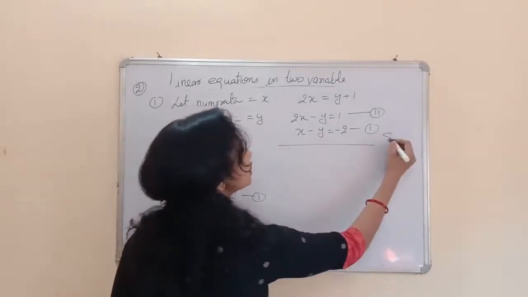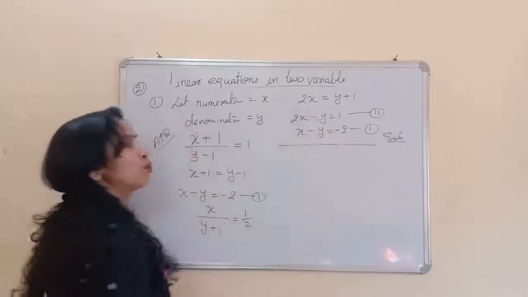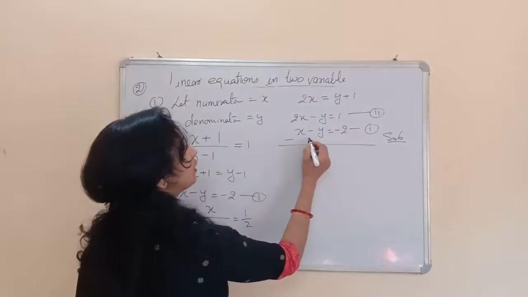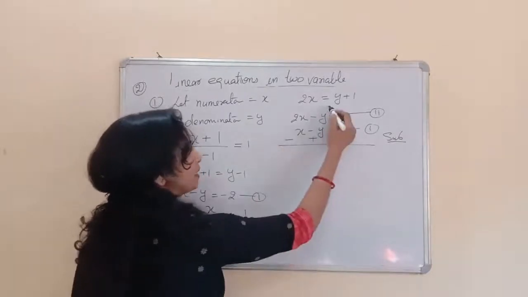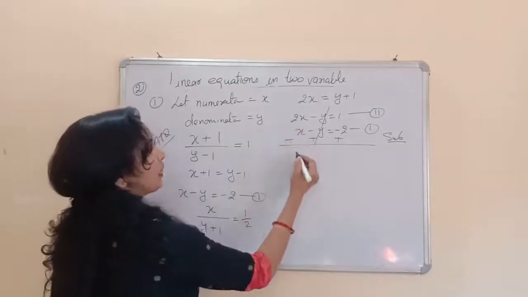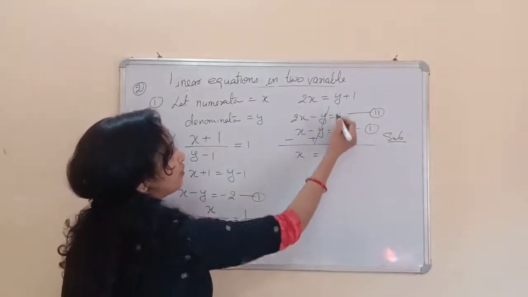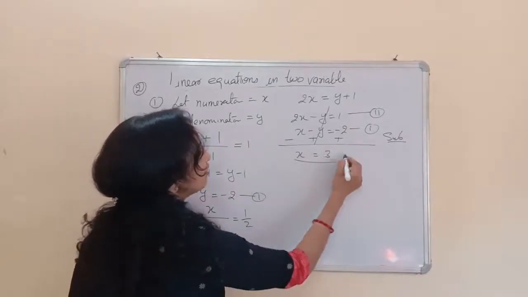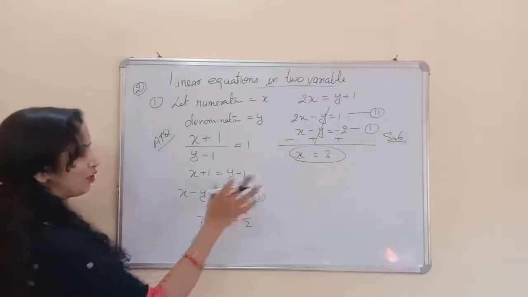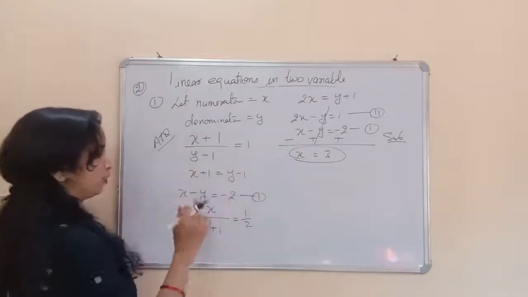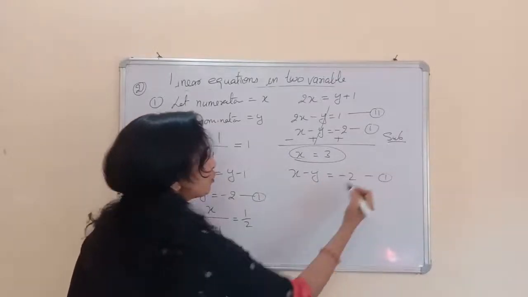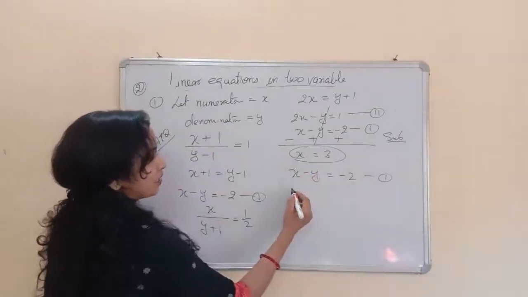We will subtract these equations. Since those y have the same sign, by subtracting these equations, we know that the sign will be changed, and by changing its sign, we can cancel out y with y. So it will be 2x minus x will be x is equal to 2 and 1 will be 3. So we find the value x is equal to 3. And what about the value of y? We can put the value of x in any of the equations, either 1 or 2. So I am going to put the value of x in equation 1. This is equation 1. I will put the value of x, that is 3.